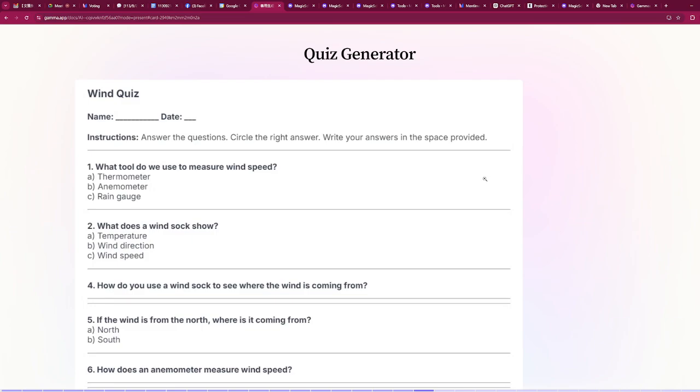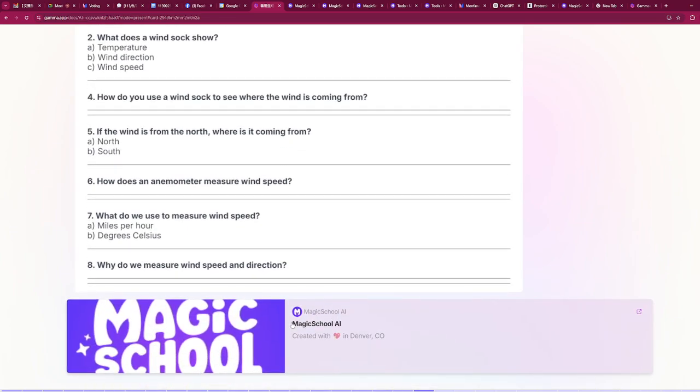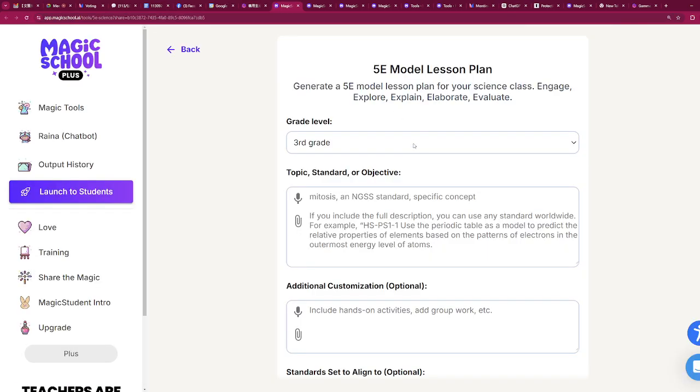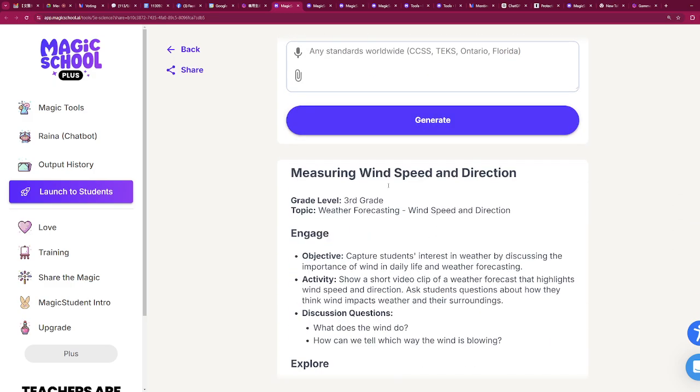This is a quiz generator, and we are pretty much familiar with it. As long as you add, please come up with several questions on this lesson plan based on the learning objectives and the lesson plan that you've provided them, and generate. So